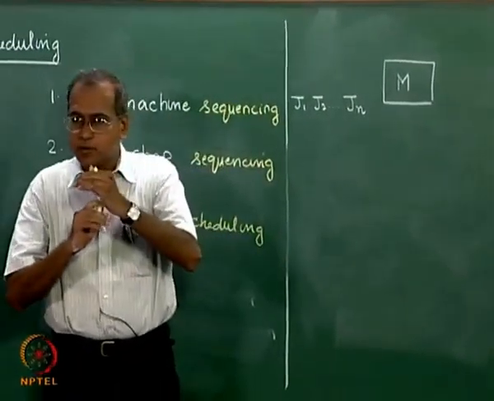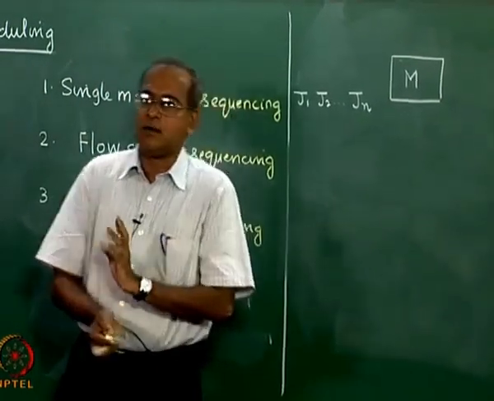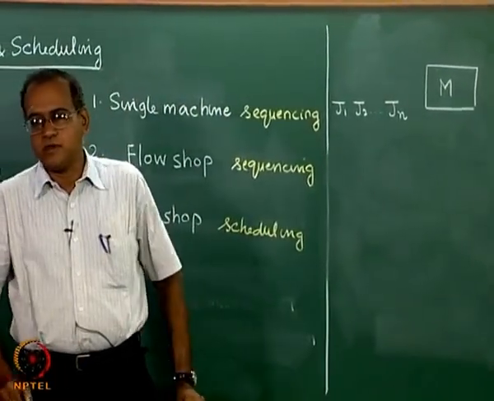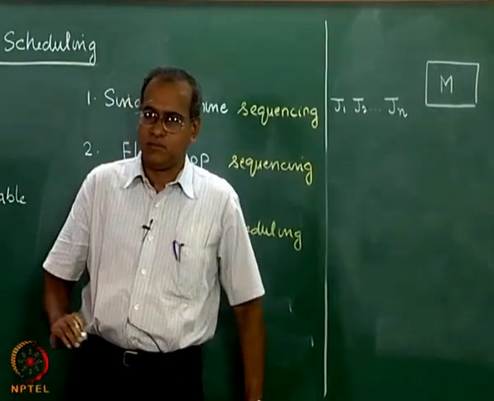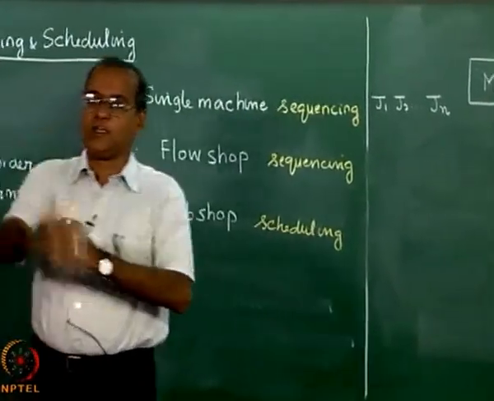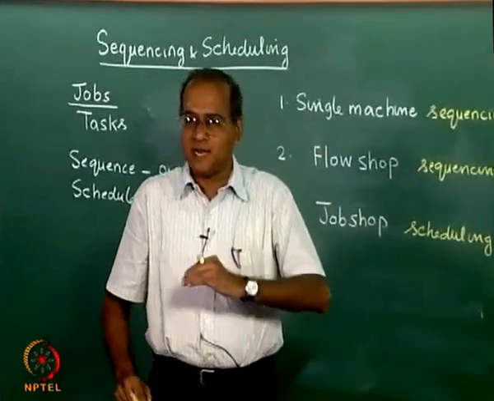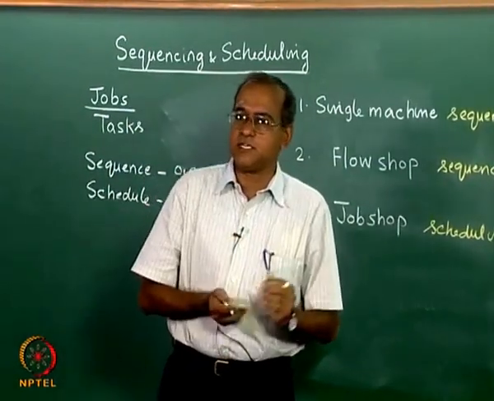Sometimes in single machine problems we could have actually two machines. Now it is called parallel processors. So if we have more than one machine in what are called single machine systems, then those problems are called single machine with